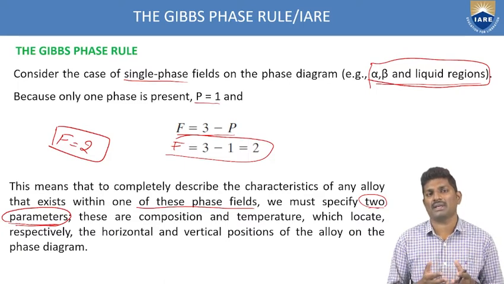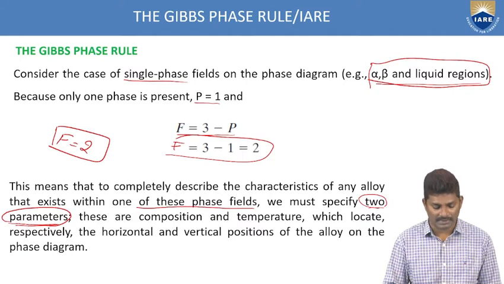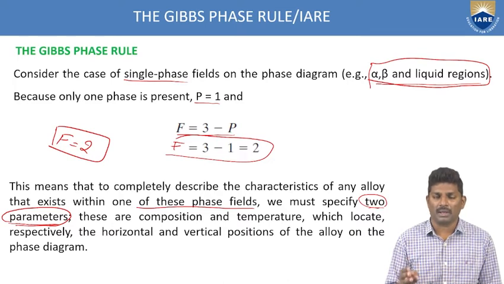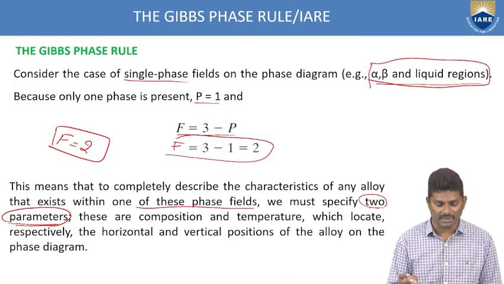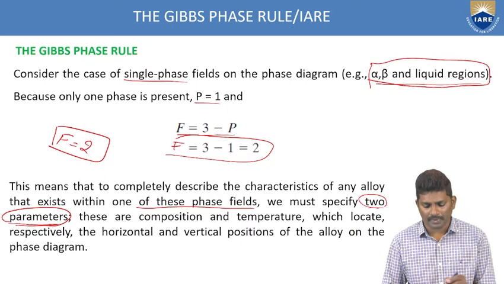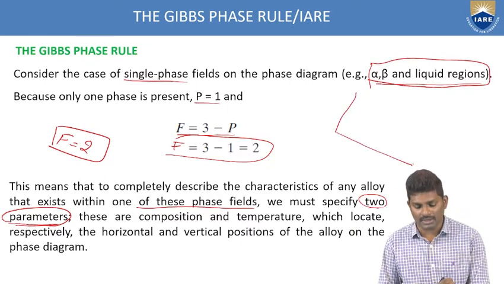Any two parameters are required to describe the characteristics of the given phase diagram with respect to these alpha, beta and liquid phases. And what are those two parameters here? We have temperature and the composition. So with respect to these two only, we can easily describe those characteristics. So generally, these are the two things we have: